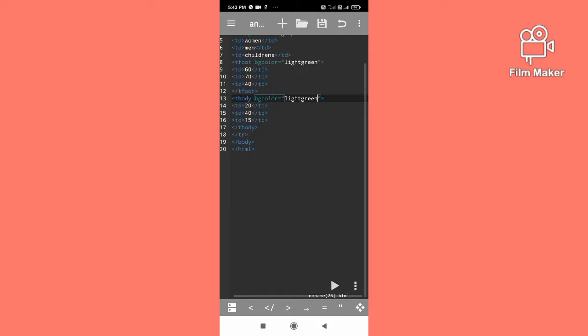If I write table body, I have written table foot before table body, but still it's coming at last only. So you can shuffle wherever you want. You can write first body and then foot. You can write first table foot tag and then body tag, however you need it. Okay, this was the thing. Now I'll show you one more thing.